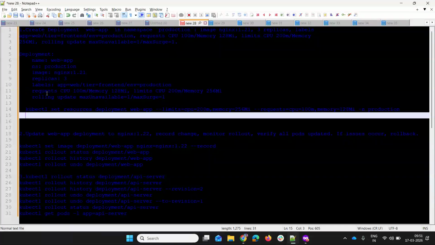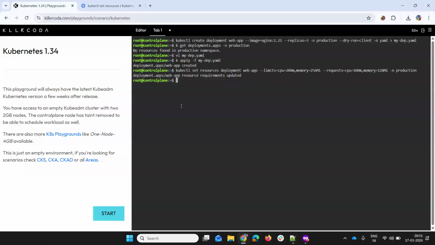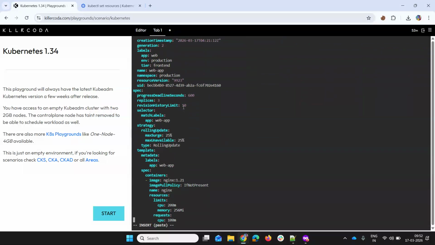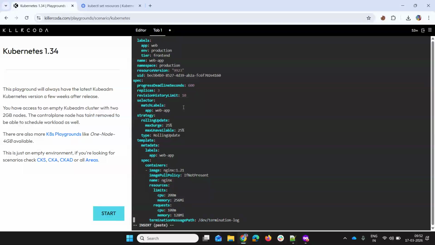And rolling update strategy and all they are using. So what I'll just do is edit deployment. And what is this deployment name? Web app. Don't forget to mention the namespace production, and then tab out. We get the web app deployment, and if we go down there is a rolling update strategy. Under the spec you can see maxSurge is 25%, and